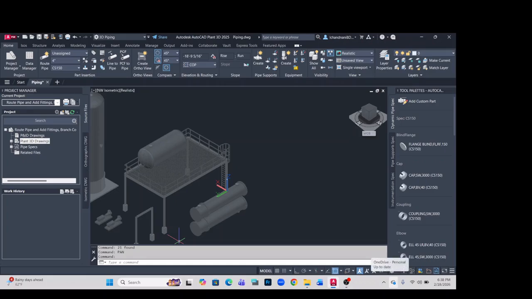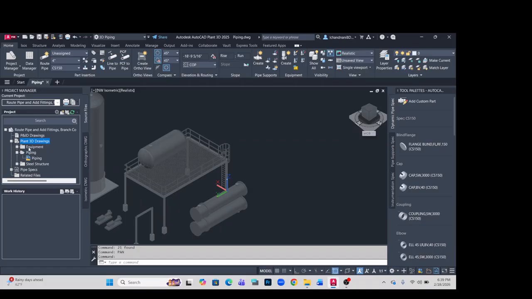In this video, we will learn about pipe routing basics and the placement of inline components. So I've got my Plan 3D software running and I have a project open. The first thing I want to do is go to my workspace setting and make sure that I've got 3D piping checked.